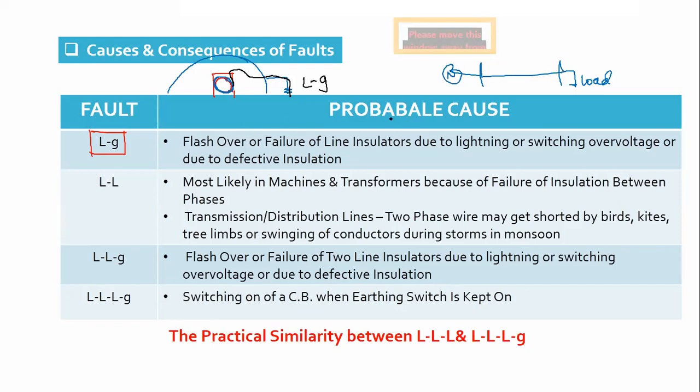Then in the transmission line, okay, we have 5 minutes. In the transformer, in the same way, if there is a winding to core fault, it is a line to ground fault. And in an induction motor it is the same thing. When the insulation between a phase conductor and the body core fails, there will be a single line to ground fault. In the transmission line,